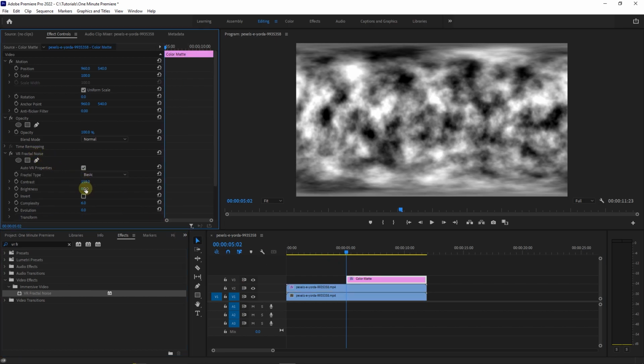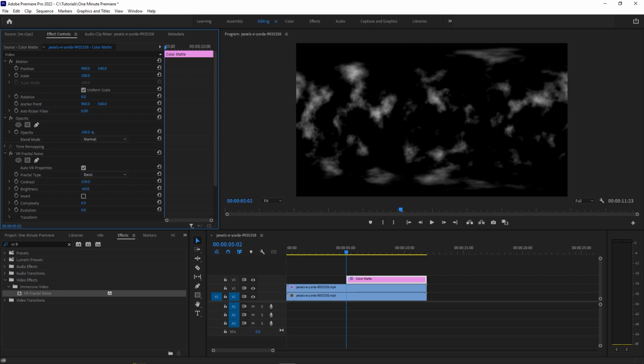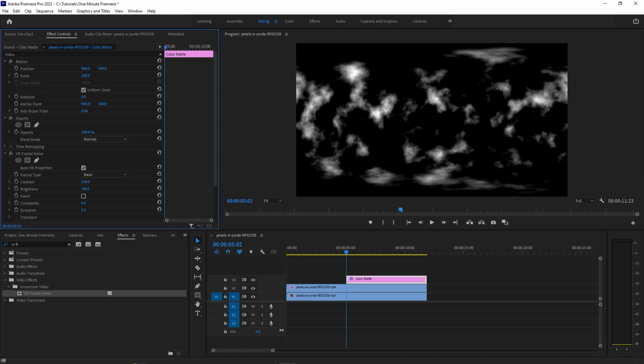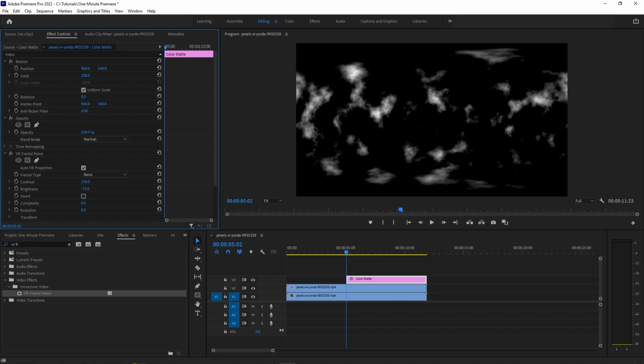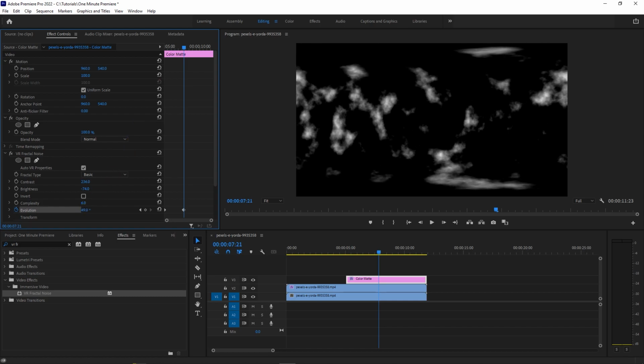Increase the contrast and decrease the brightness until you are happy with what you see. These whites are going to be the blood stains in the camera. Now move the playhead to the start and click on stopwatch next to evolution to create a starting keyframe. Then move the playhead a little forward and set evolution to around 50 to change the position of blood stains